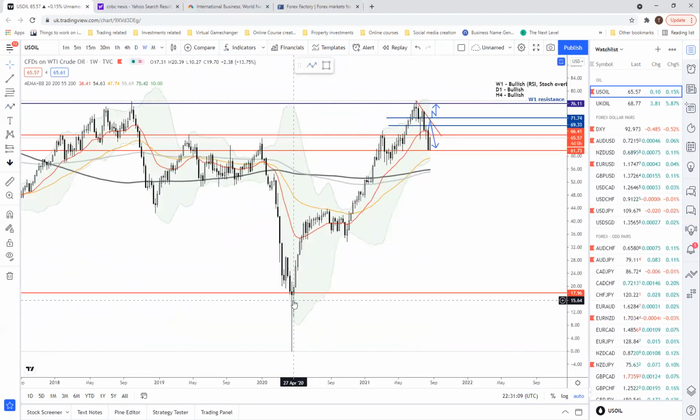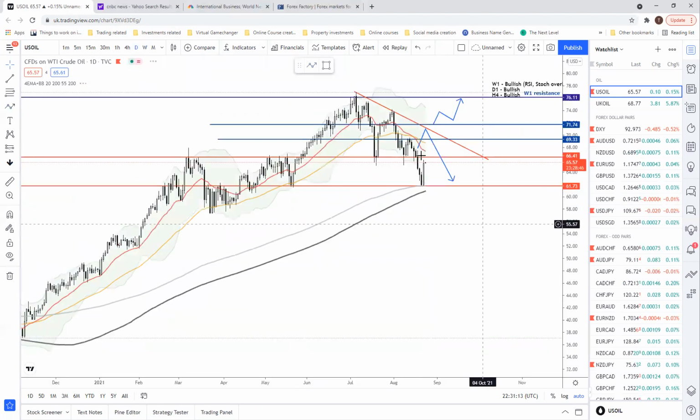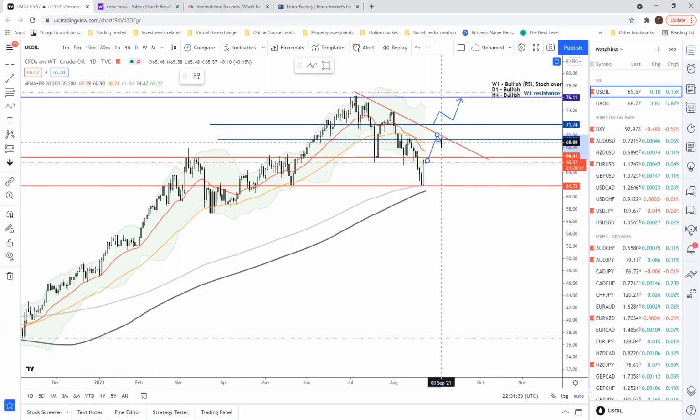Crude oil, you can see that overall is pretty much bullish. Last week, it actually came down to a very nice support level of 61.73 and has nicely rebounded off. I'm pretty bullish biased on the crude oil. So let's see how it could play out. Let's see if it can potentially continue to go up from here before it comes down, or once it breaks above this level, it may potentially be going back up to the next high of